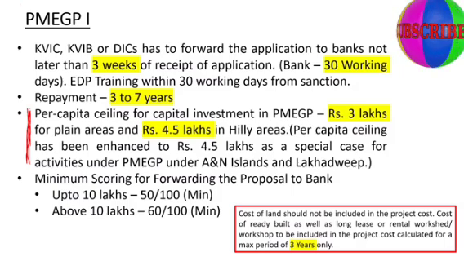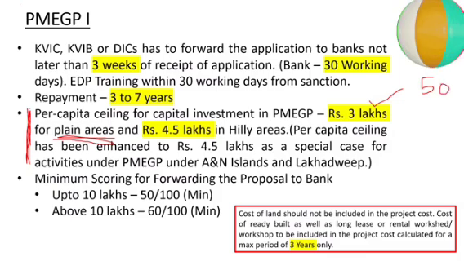It means in plain area, I am explaining first. In plain areas, they are saying per head project cost cannot be more than 3 lakh. What does it mean? Suppose a customer is having the same 1 crore rupees. Okay, that 50 lakh I will count. Suppose a customer is having project cost up to rupees 50 lakh. Minimum employment generation: how many employees does he have to keep? If project cost is rupees 50 lakh, how many employees does he have to give employment?